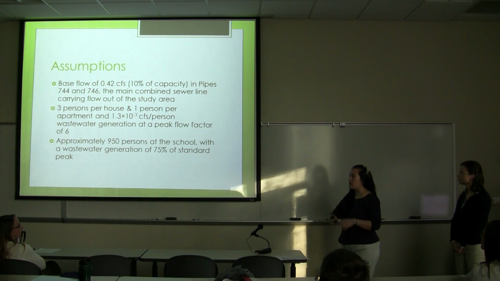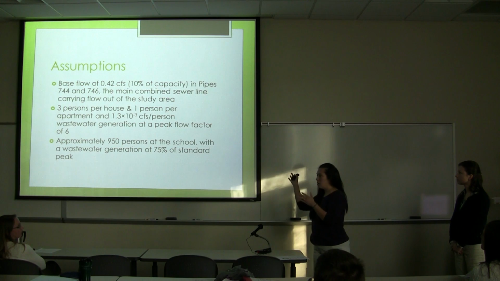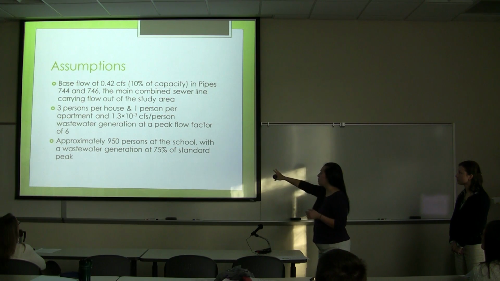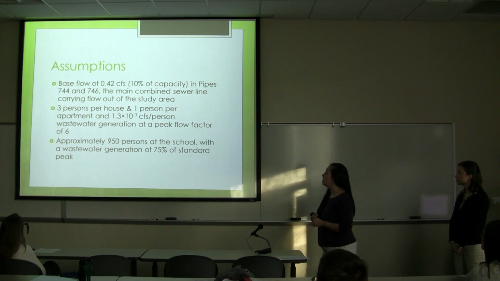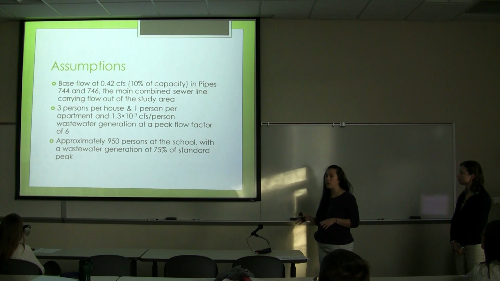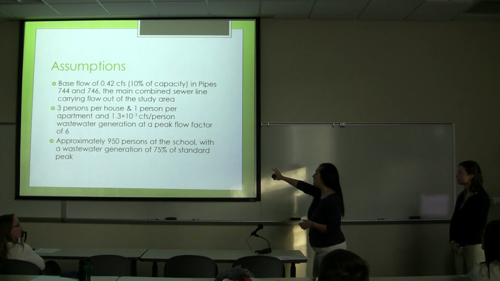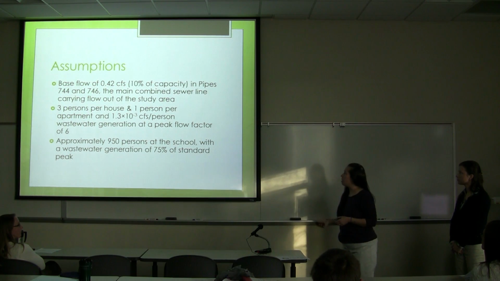So that means like first thing in the morning when everybody's showering and flushing the toilet, we multiply this flow by 6. We also assumed for the population of the school that there were about 950 people in the school. That's the students, the teachers, staff, and that these folks were just generating 75% of the standard peak. And I believe,